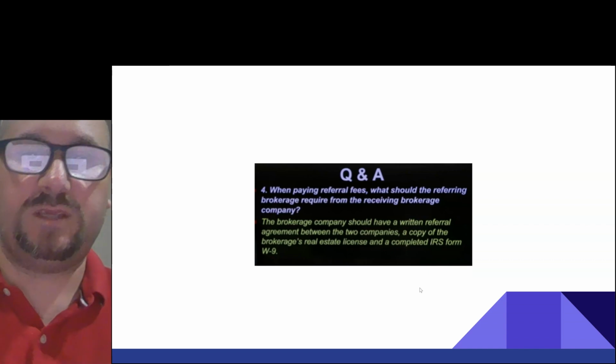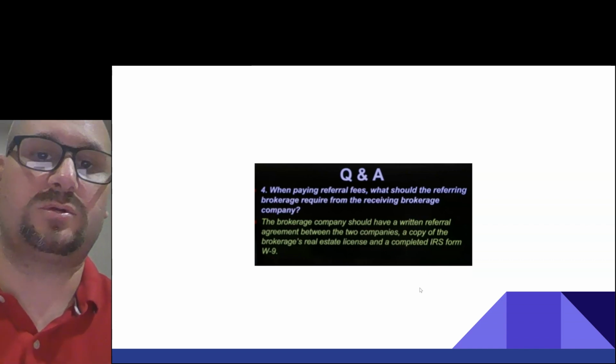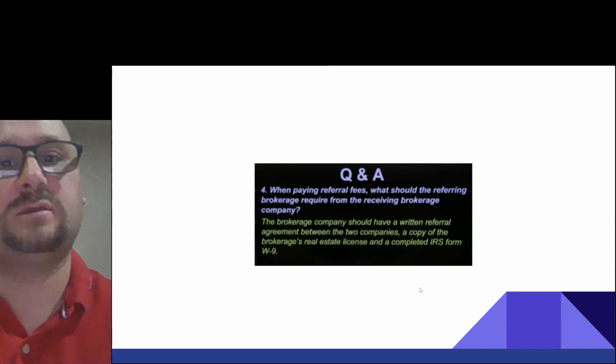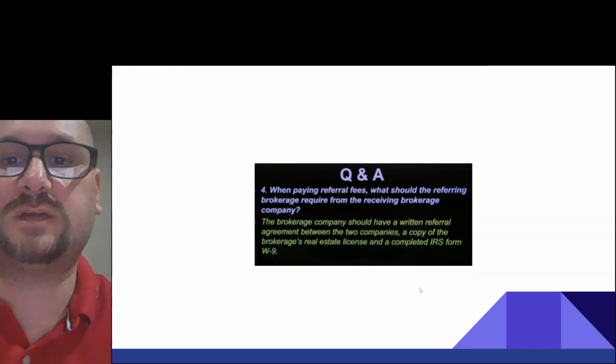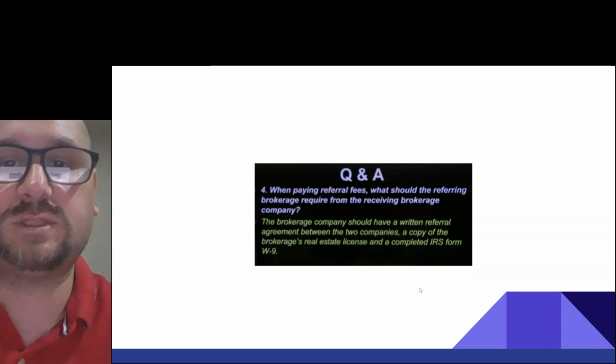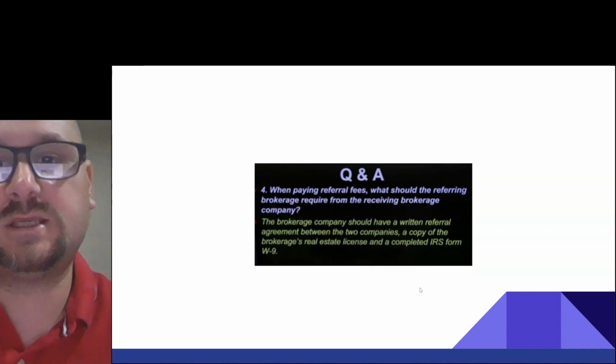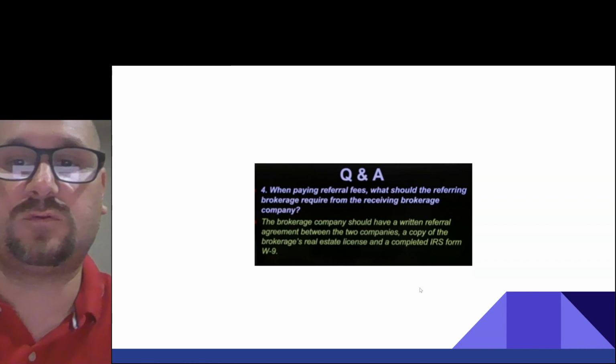So when paying referral fees, what should the referring brokerage require from the receiving brokerage company? So the brokerage company should have a written referral agreement between the two companies, a copy of the brokerage's real estate license, and a completed IRS Form W-9.